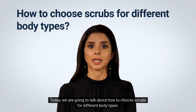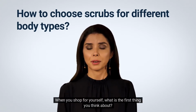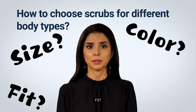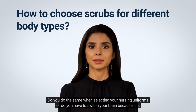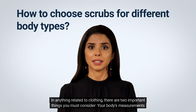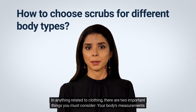Today, we are going to talk about how to choose scrubs for different body types. When you shop for yourself, what is the first thing you think about? Size? Color? Fit? Style? Trendy or passé? Do you do the same when selecting your nursing uniforms, or do you have to switch your brain because it is work-related? In anything related to clothing, there are two important things you must consider: your body's measurements and your